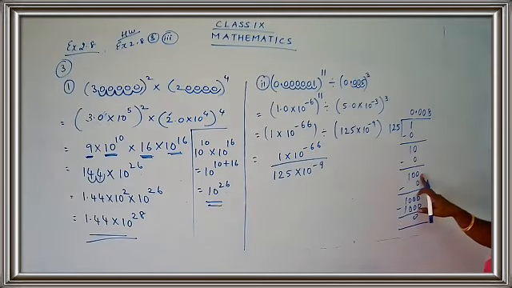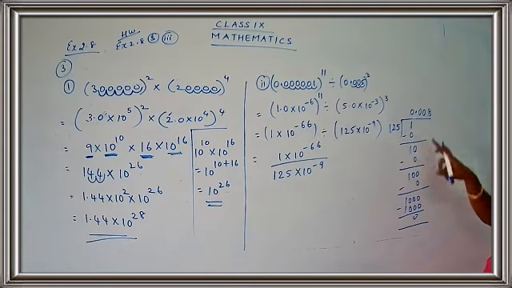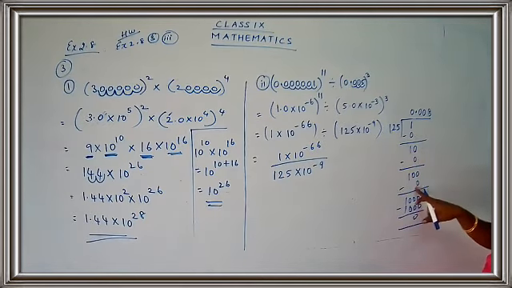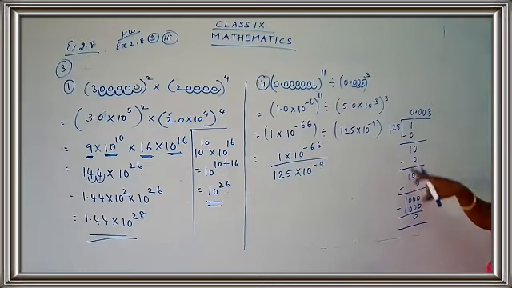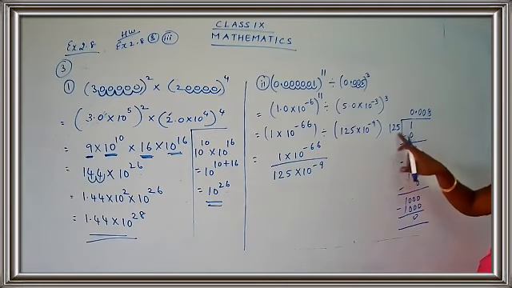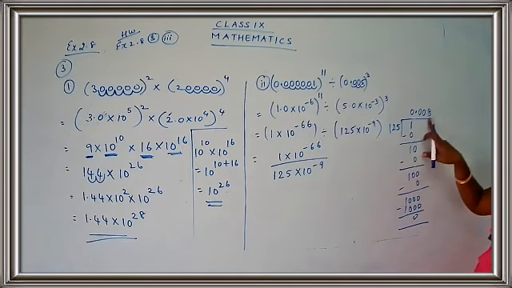So I get here 100. So again 100 is not divisible by 125. So I just multiply by 0. The answer is 0. So 100 minus 0 gives you 100. I'll add one more 0 here. I get 1000. Now this 1000 is divisible by 125. That is 125 into 8 times gives you 1000. So I get the answer as 0.008.